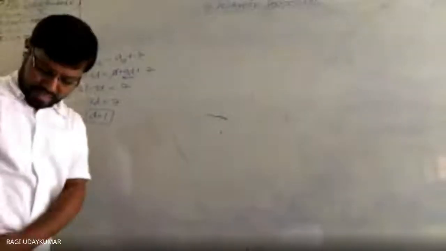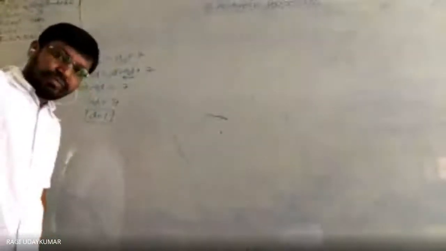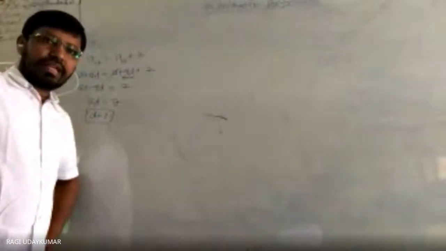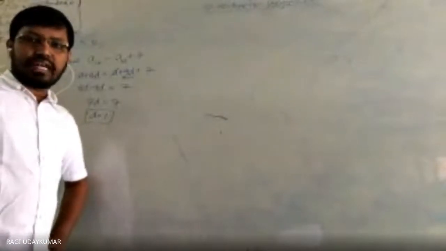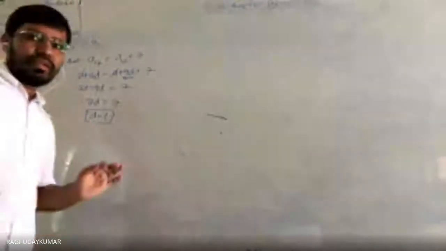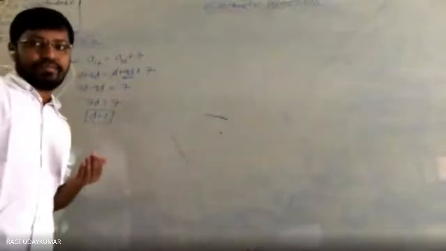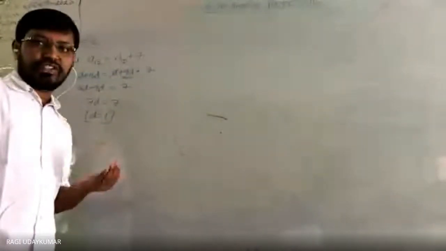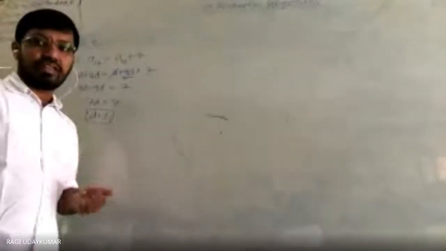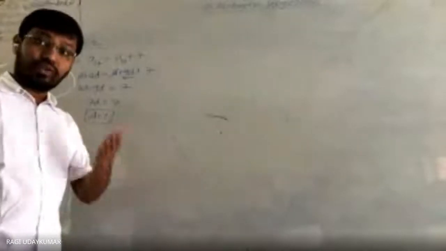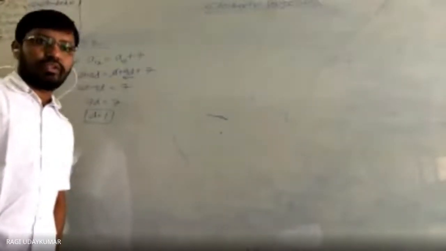Suppose in case it is asked to you to do like that, in this situation, is it possible? Usually in the remaining problems, whenever you see that it is asking you to find out the 4th term or 20th term, or some sum is asked, here it is not asked. So the d value, if you substitute in the given condition, we are not going to get the a in this situation. Means the first term we will not get. So without the first term, only with the common difference, we cannot find out the arithmetic progression. So that's why the question is not asked to you to find out the arithmetic progression. So that you need to keep in your mind.